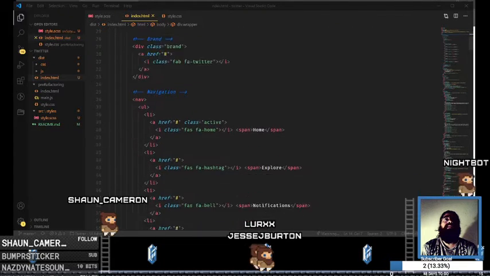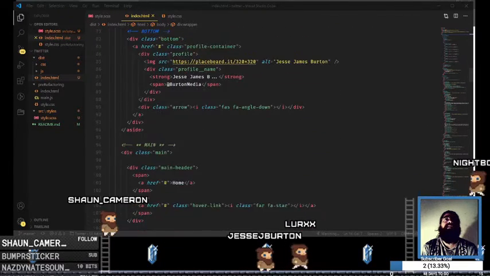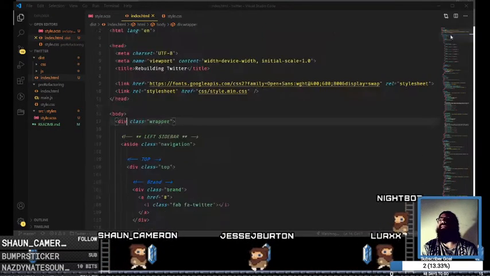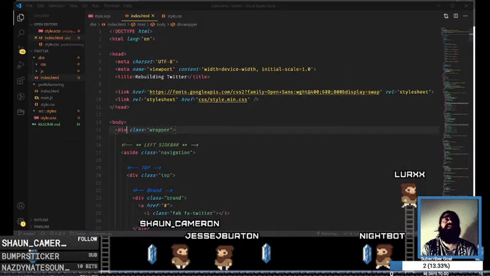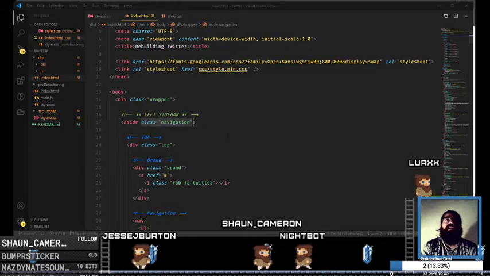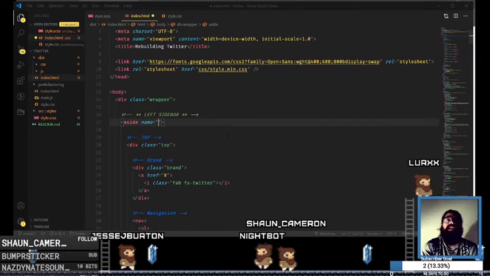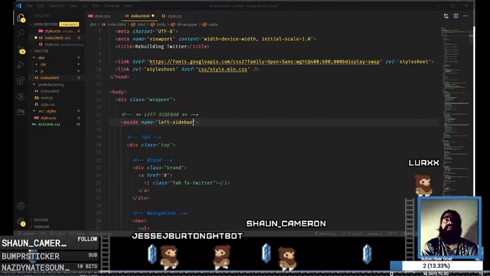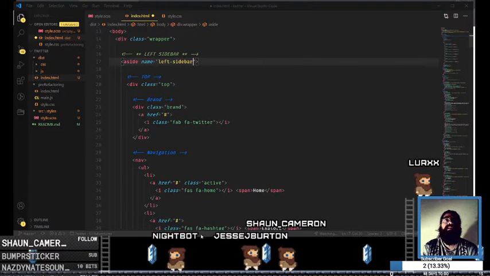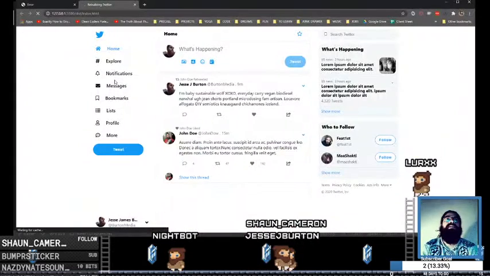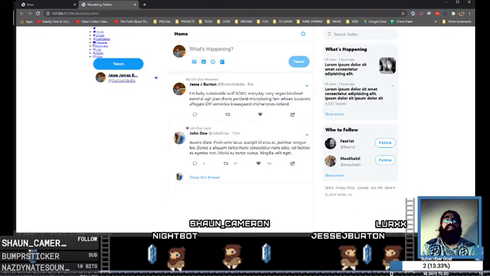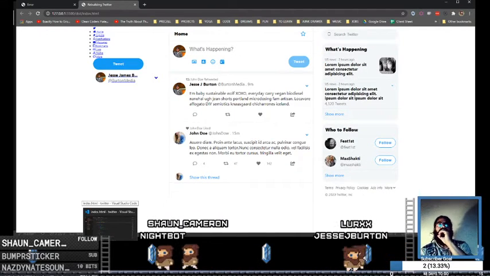So, and we might change a few things around. We have our main like this, and it's got right now a div with a class of main, so that's not even correct anyway. So instead of aside class equals navigation, I'm going to give this a name equals left sidebar. And so we have this is probably going to break. Yeah, obviously it's going to break. So let me